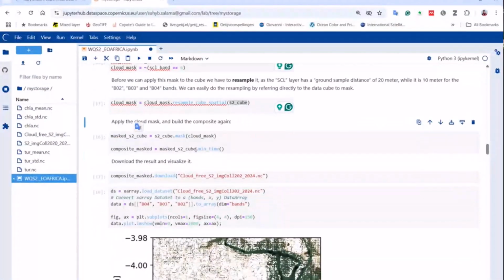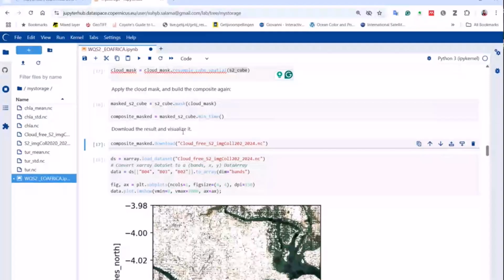After you do that, it's advisable again to download. I download here, because if you do not download and you lose your work, you have to repeat everything again. So it's always good to download each step, and then be mindful when you repeat the